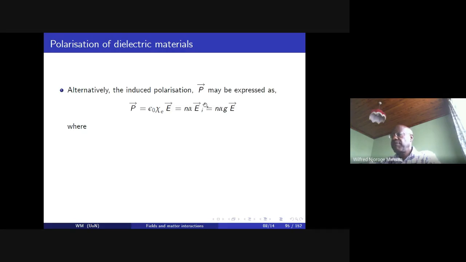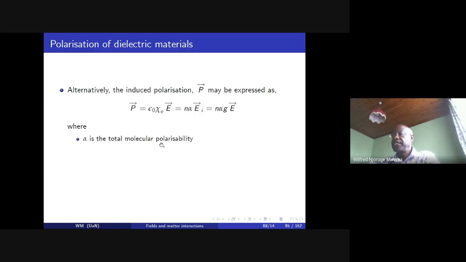This local field is going to be different from the applied field because the displacement of the centers of mass of the positive and negative charges will develop an induced electric field that opposes the applied field at that particular position. And therefore, this is usually given by N alpha multiplied by a factor G multiplied by the applied field,